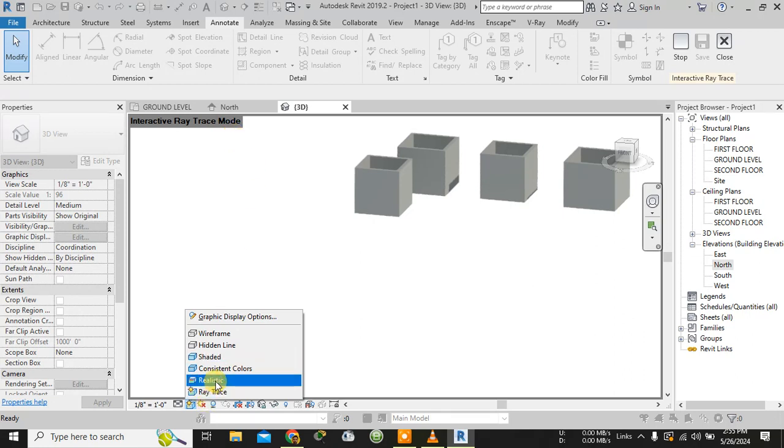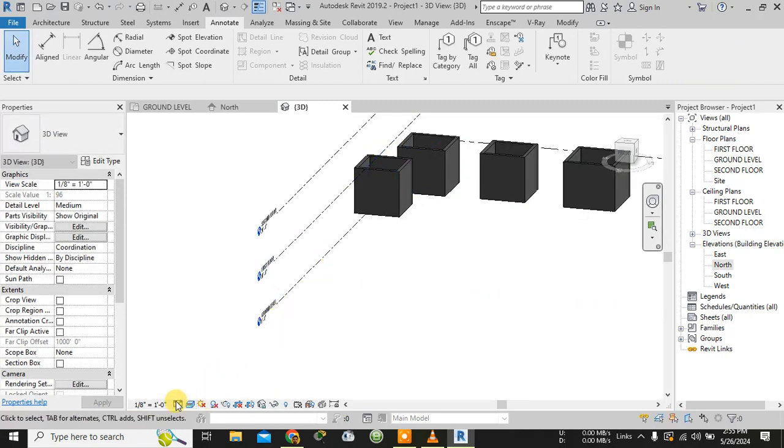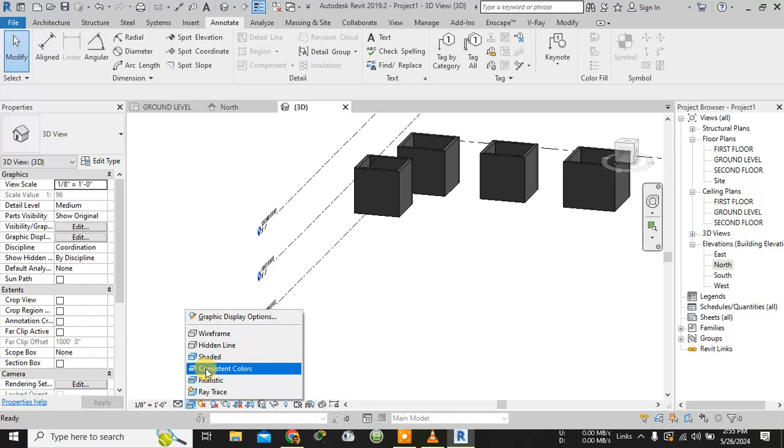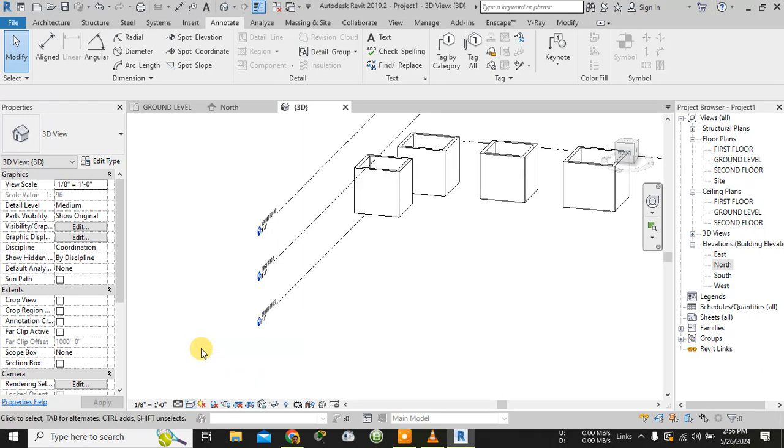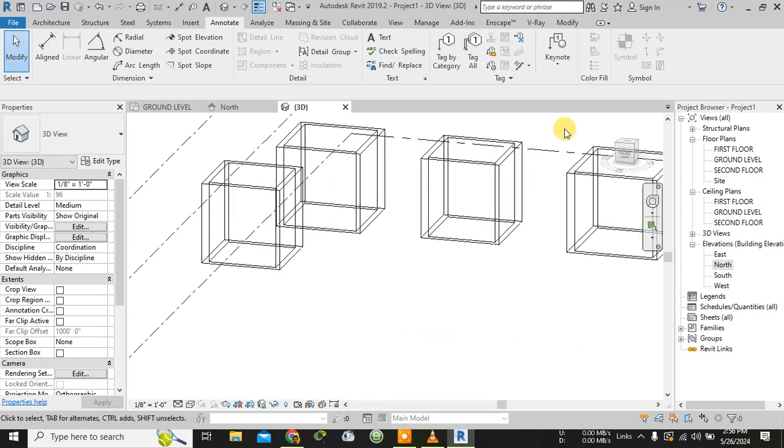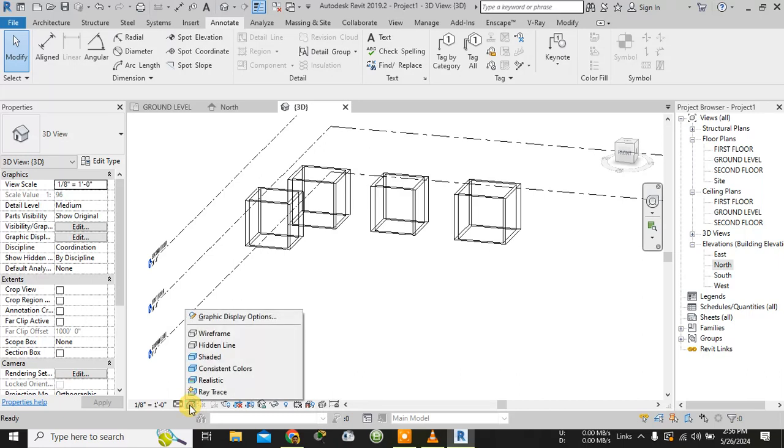Because here if the sunlight falls, then it will look in this manner along with some shadow here. Now you can go to the realistic view. This is the realistic view of the diagram. You can even go to the consistent color view, then you can go to the shaded view, then to the hidden lines, then you can even go to the wireframe. See, in this manner you can go to different views by clicking it here. Okay,